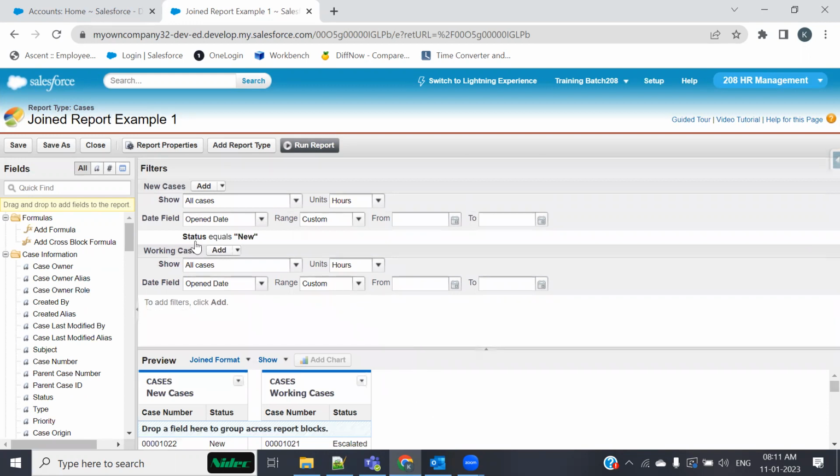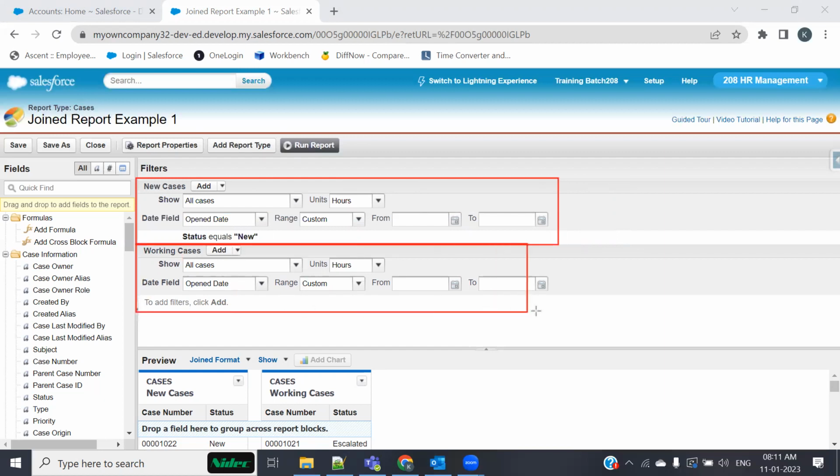Now see, अभी तक हमने जितना भी देखा है, we have seen only one filter block because there was only one block where you apply. Now, do you see there is one more filter block that has been created automatically?